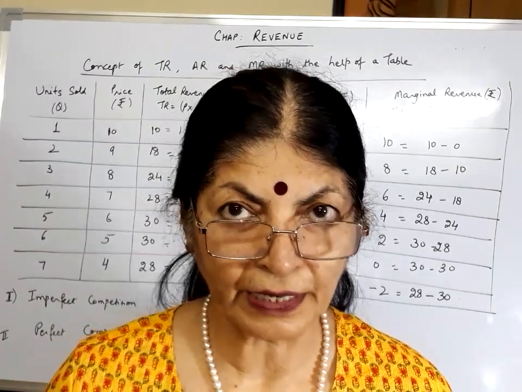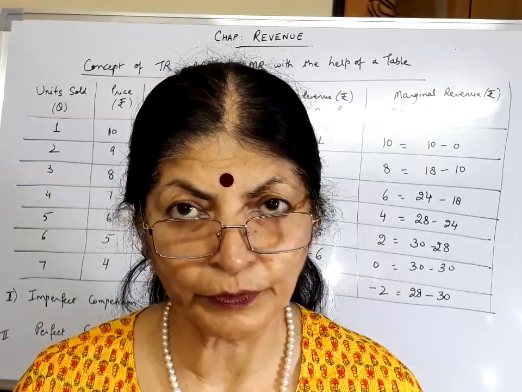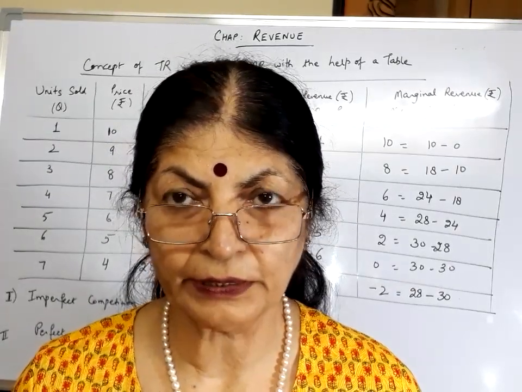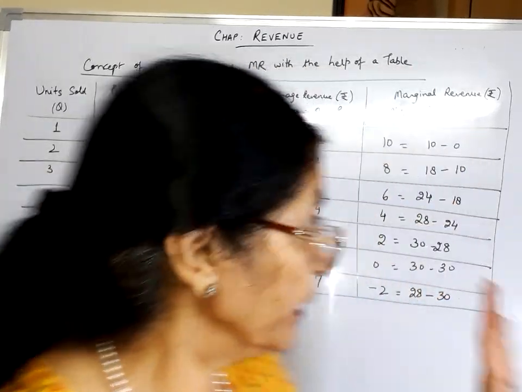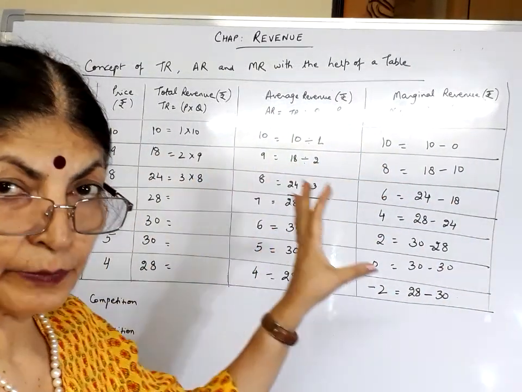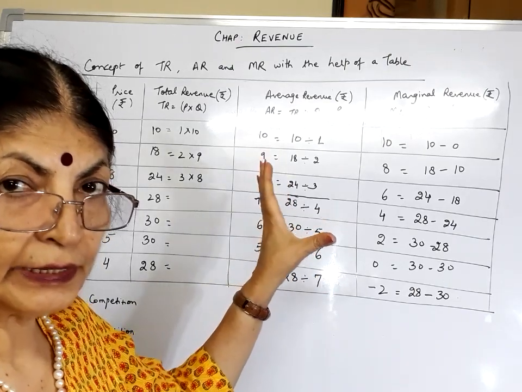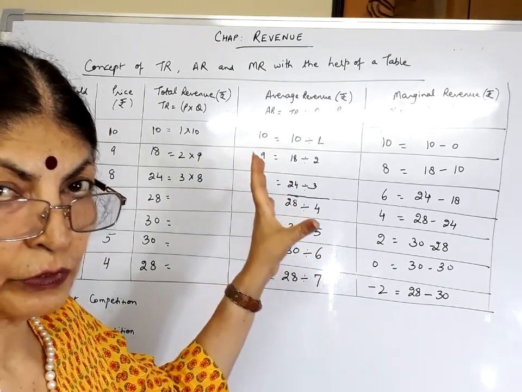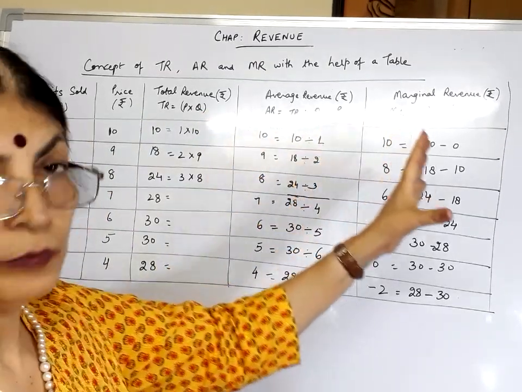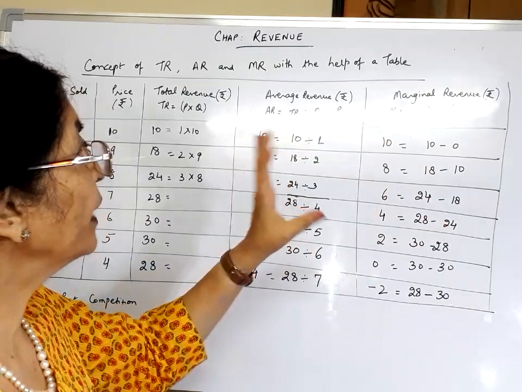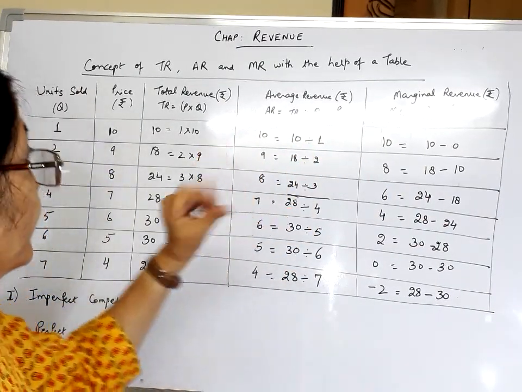So children, let us start with the example, the numerical. Always in the exam you will be given a numerical to calculate the following. It may be that in between you are given the gaps, but this example I have given to you is showing the entire calculation of total cost, total revenue, average revenue and marginal revenue. We have done the formulas of all the three. Now we implement all three of them.